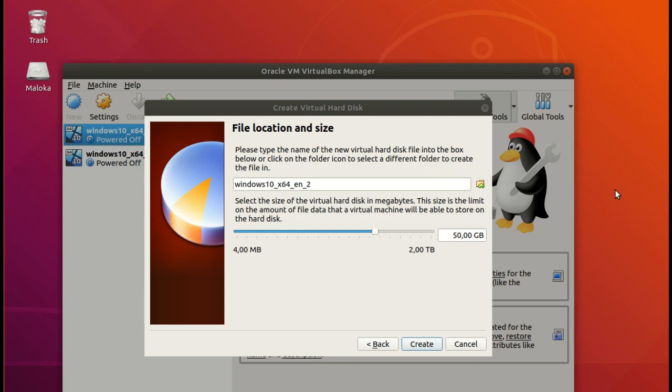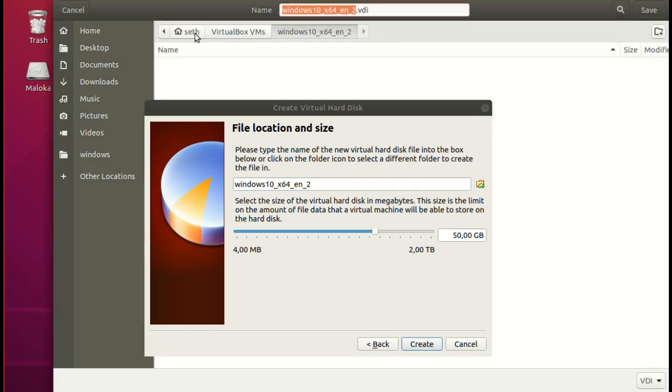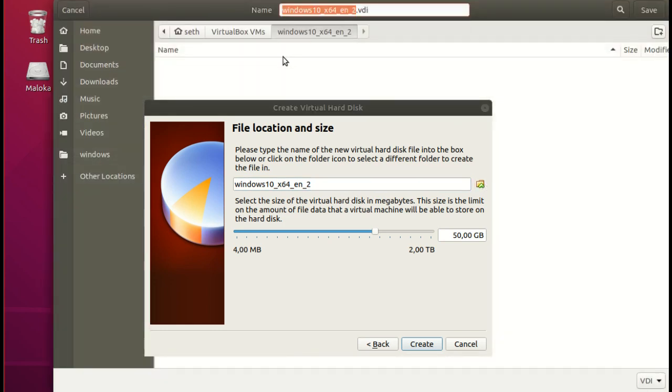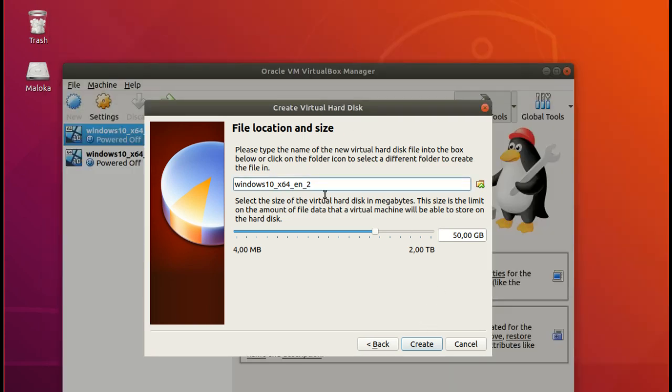Here we have the file location and size. The size for the virtual hard disk will be 50 gigabytes, and the default file location will be the home user, VirtualBox VMs, and the folder that we already have created to store the virtual disk. If you want to change the file location, you can click on the folder and change the location of the virtual disk. I am going to leave the default location. Click on Create,